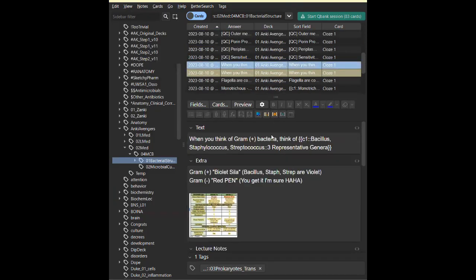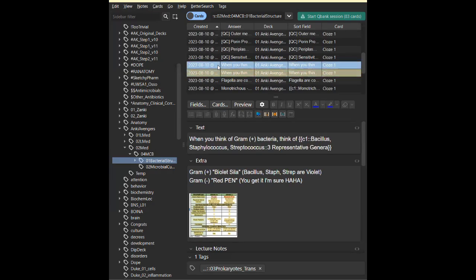Here's another type of card. When you think of gram-positive bacteria, think of Bacillus, and so on. So these two cards come from separate places in the guide trans. Again, this is why I stress it's important to understand the lesson before making an Anki deck. That's because this is, for example, the most efficient way of presenting that information instead of making it a very long thing. You won't be able to get these efficient ways to make cards without understanding the lesson.